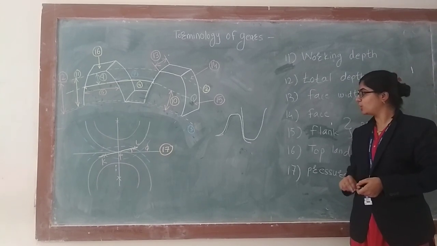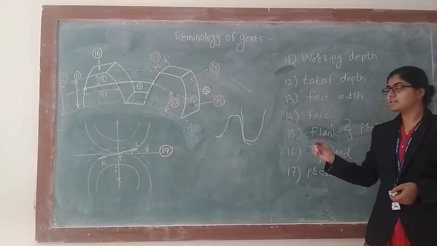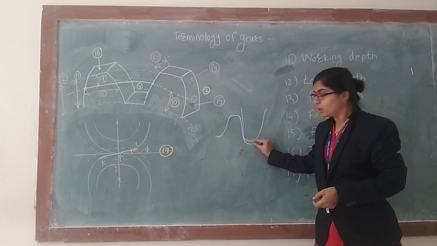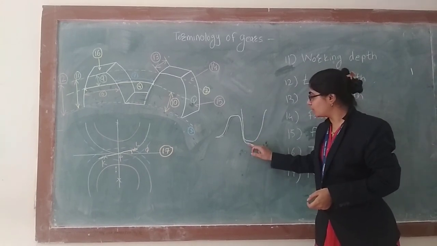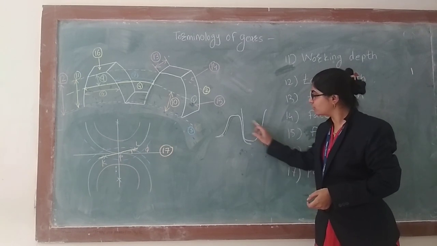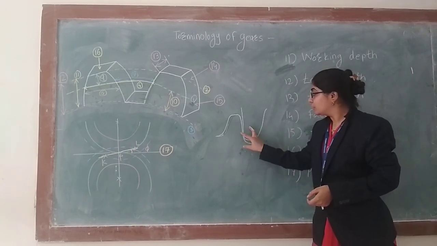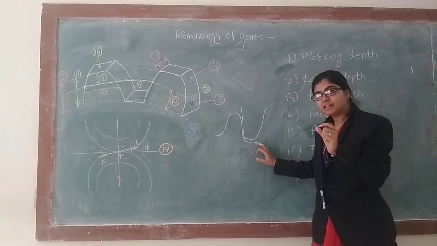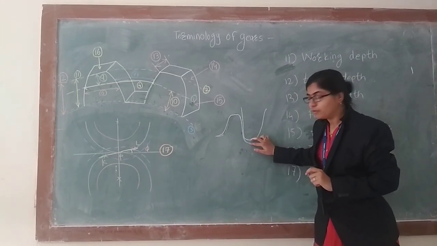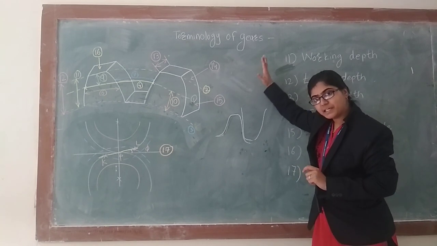Now the next terminology is clearance. Clearance is the radial distance from the top of a tooth of one gear to the bottom of a tooth of another gear. As you can see in the figure, two gears are enmeshed with each other, and clearance is the radial distance from the top of a tooth of one gear and